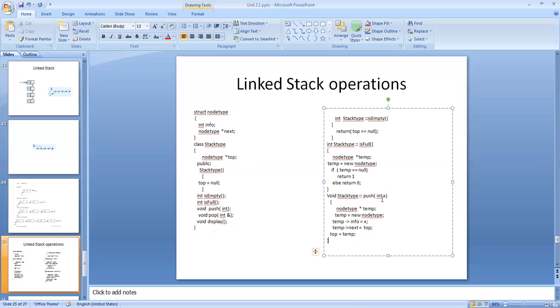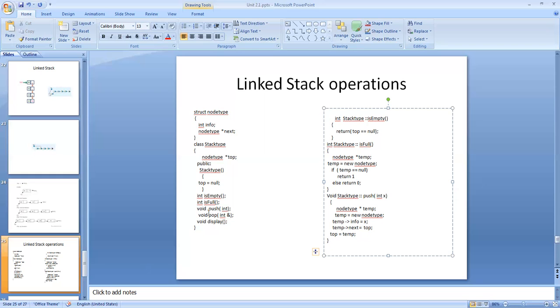Next, we go for removing a value from the stack. Void pop int reference. What is the meaning of this symbol here? It says call by reference mechanism.